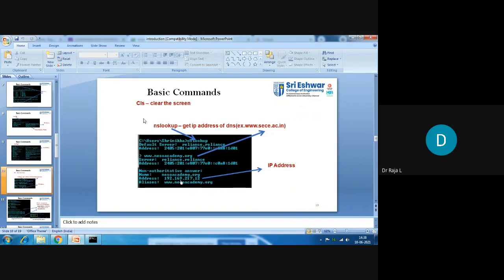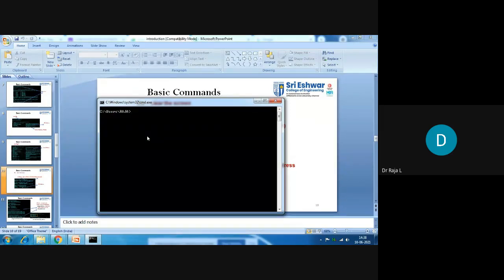Okay, next, as I told, I want to know the server name, that is the server address of our college. I am not aware of what the IP address of my college network is. It need not be a college address, it may be of any site. For that, you have to type nslookup. You will get the default gateway, that is the ISP to which you are connected. So when you type nslookup, my network is the BSNL network.